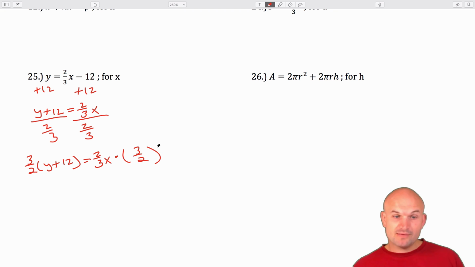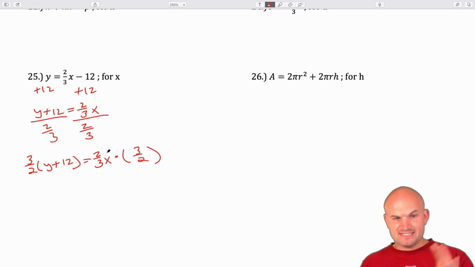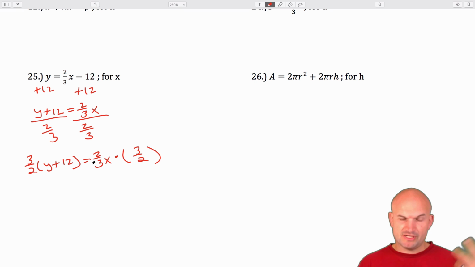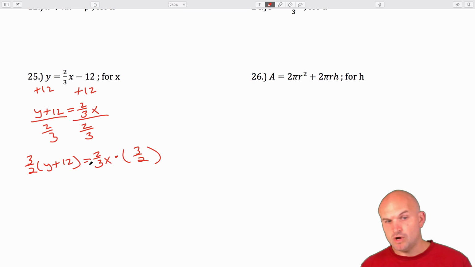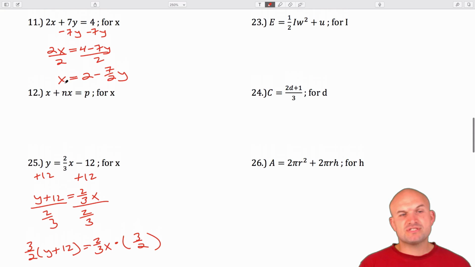Okay, so it's very important for you to understand when you divide by a fraction, you're multiplying by the reciprocal. Again, that's going to take your coefficient to 1, which we want, right? Because 2/3 times 3/2 gives us 1, and therefore our variable is going to be isolated. We don't typically use parentheses around this. We just kind of understand that that 2 divides into both of those terms when it's separated by addition or